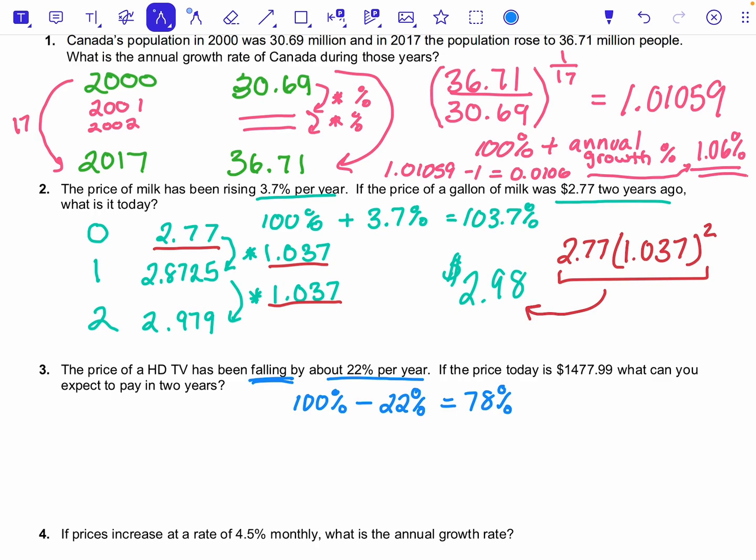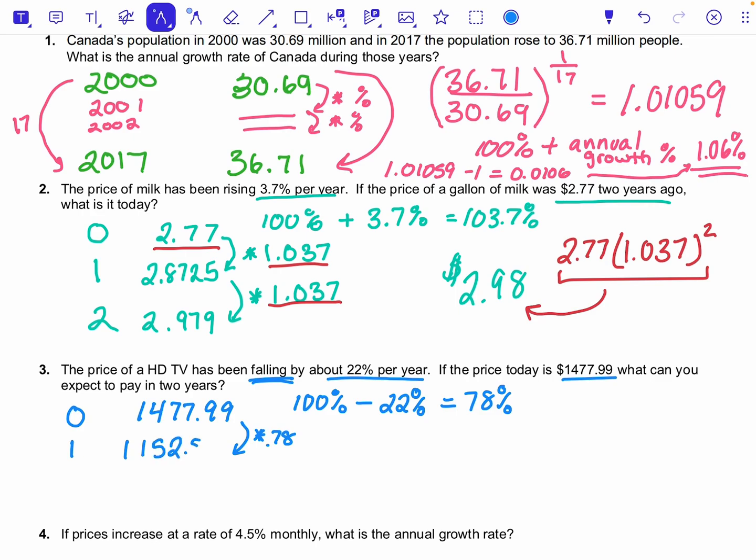because each year we only have 78% of what we had the previous year. So we're looking at the price of something. So today, the price was $1,477.99. In 1 year, it's going to drop to 78% of what it used to be. And that happens to be